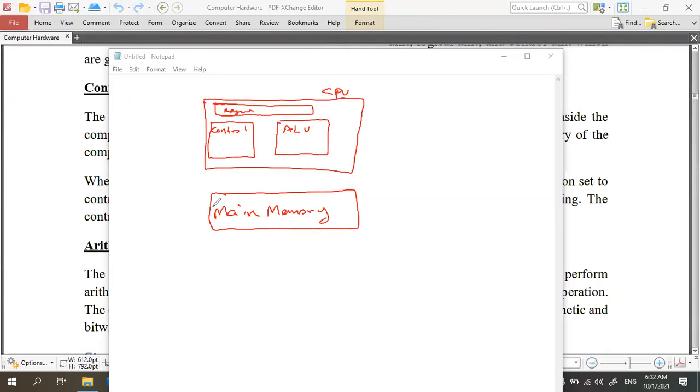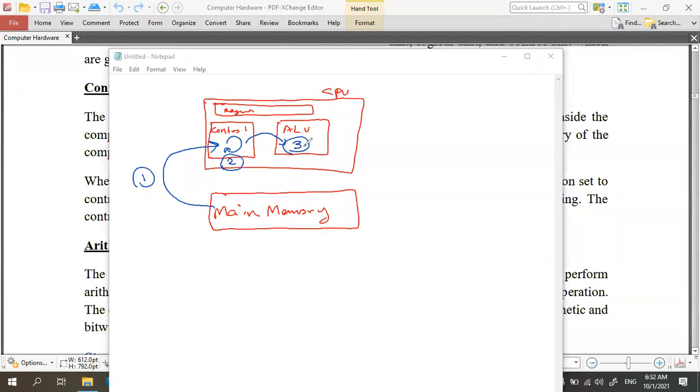Now, as a first step, when the computer is going to process data, the data will initially be in main memory. The control unit will fetch this data from the main memory. The second task performed by the control unit is to convert this data into processing signals. After that, they will be sent to the ALU for processing. That is what we call execute.